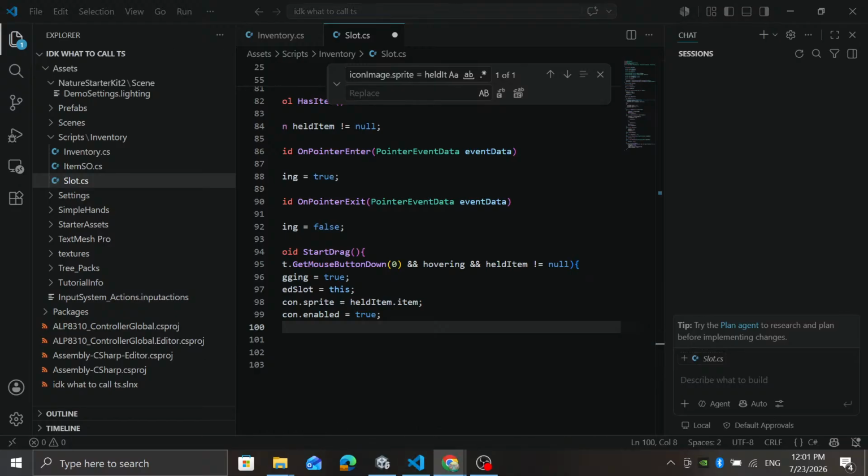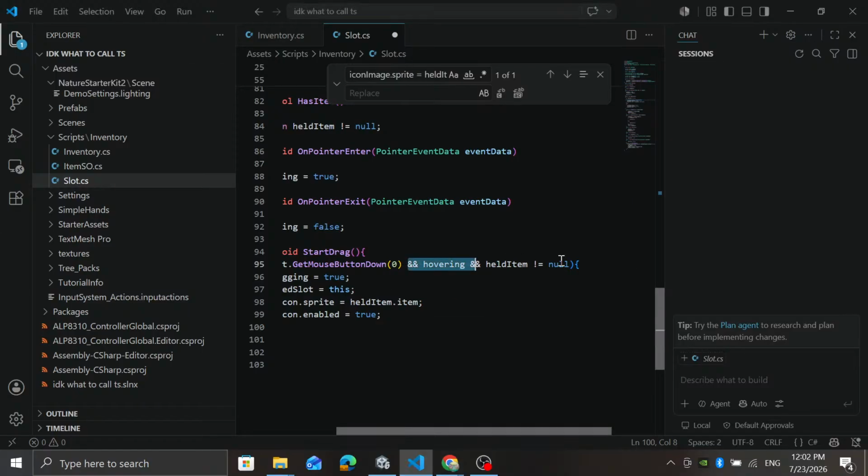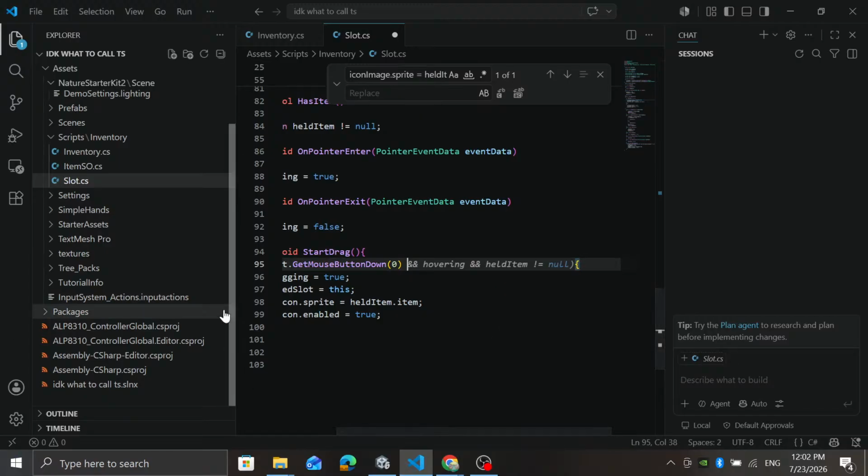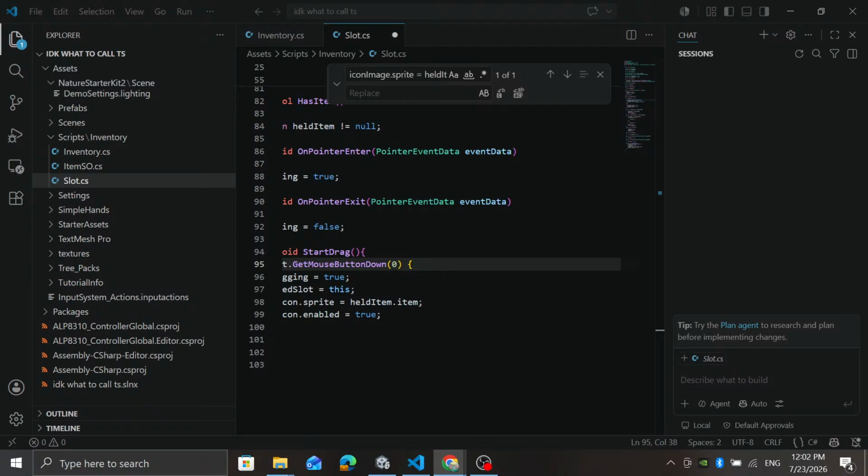Project Settings, and under Player, settings right here, then we have slot hovered equals GetHoveredSlot, which will be a function we create in a moment. So we will do private slot